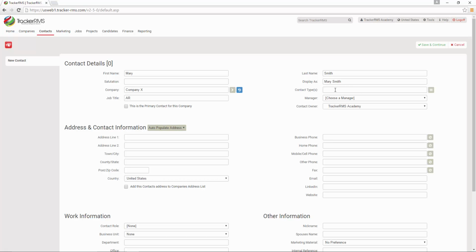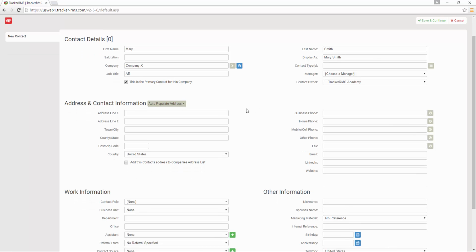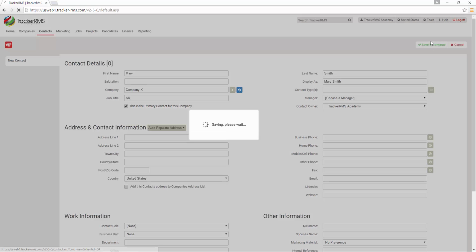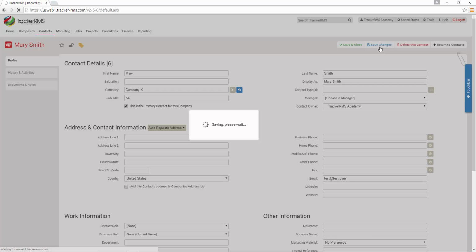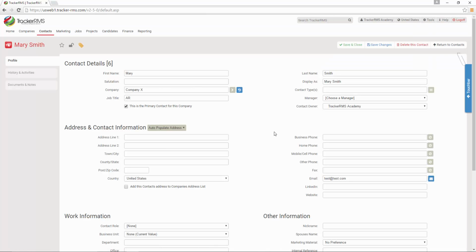If we wanted to identify the contact type, I could put this person as the primary contact for this particular company, hit Save and Continue, and now we put our contact on the system. So obviously we'd probably want to have email in here if we are emailing the invoices, any additional contact info for this particular contact that's on the system. But now if we went back into our company X record,